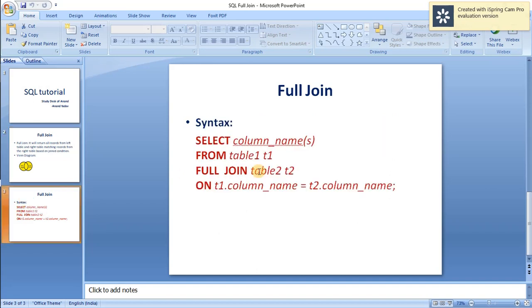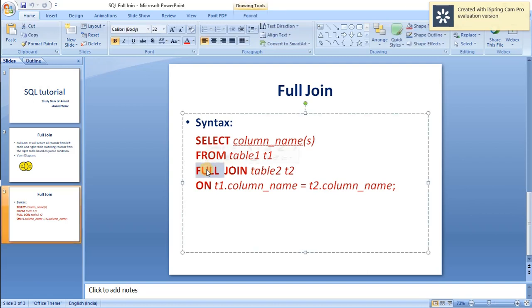So before seeing the practicals, let's see the syntax. The syntax is again exactly the same as the inner join, left outer join and right outer join. The only difference is that instead of the inner and join keywords, here full join is used, and the remaining things are the same.